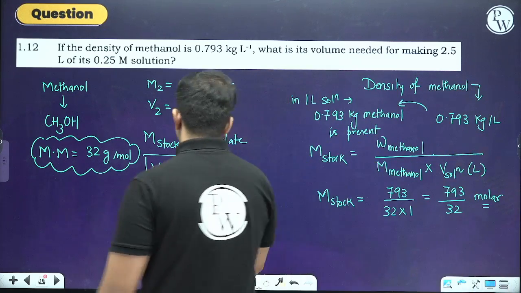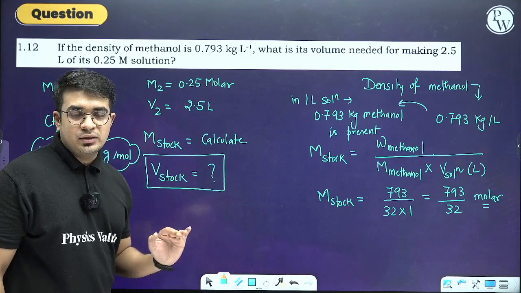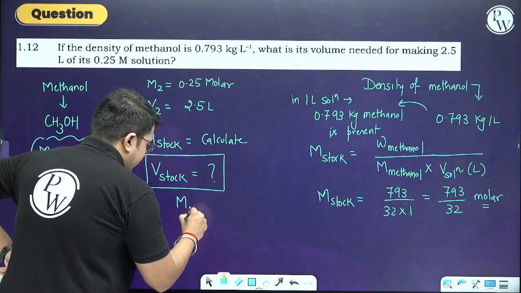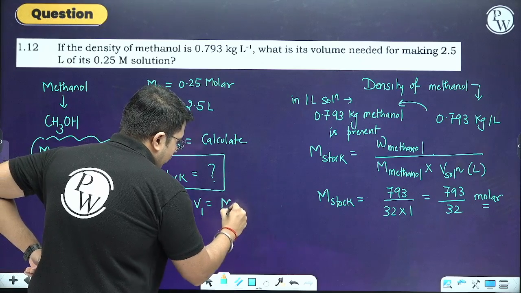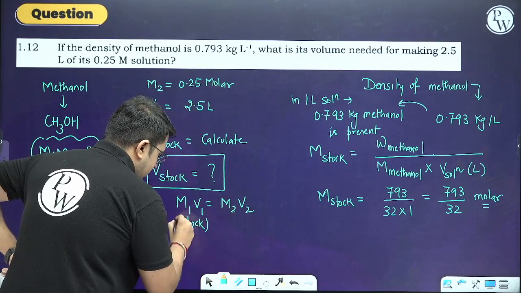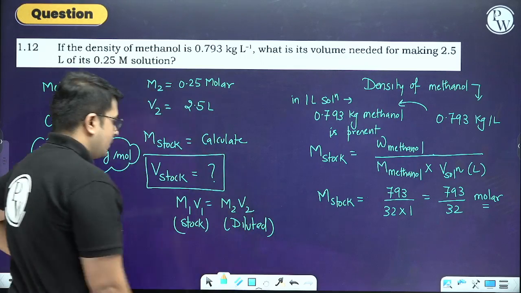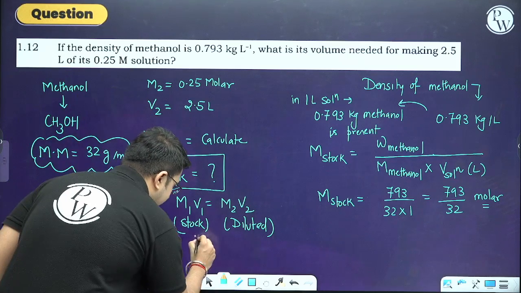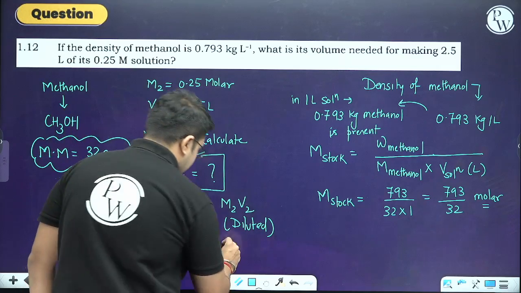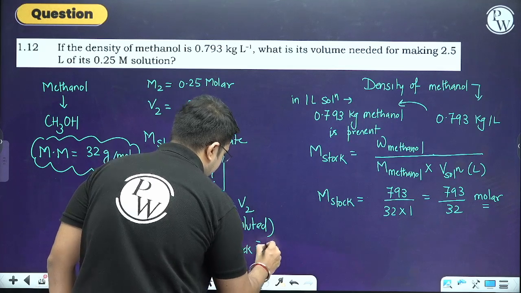Now you know that M stock is already calculated. V stock is unknown to us, that is how much amount we have to take. So we can say that M1 V1 will be equal to M2 V2. This is for stock, this is for the diluted version. For stock we know that we have 793 divided by 32 multiplied by V of stock, which we don't know, will be equal to